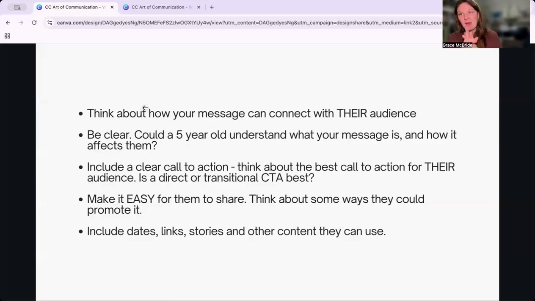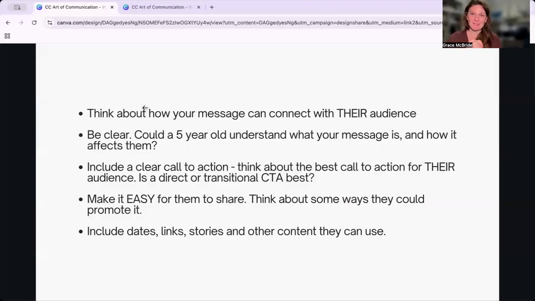But here's the big but. You have to make it easy for them to share your message, because guess what? They are just like you. They are so busy trying to promote their own things that trying to promote someone else's can be a pain in the butt. Let's just call it what it is. It can be annoying and difficult, because often you're dealing with volunteers too, who just don't have the time. So you need to make it really easy for them. How do you do that?